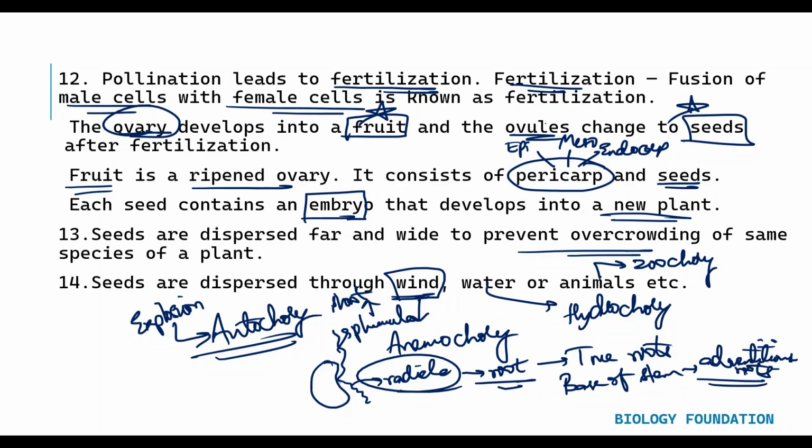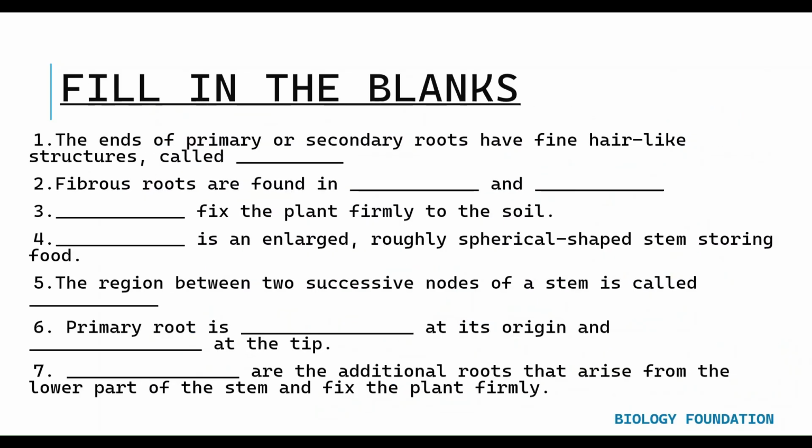Okay, roots that develop from any other part of the plant. Right? So now let's start solving few questions for better understanding of the concept. So first is fill in the blanks. The ends of primary or secondary roots have fine hair-like structures called, if you remember, when we talked about the